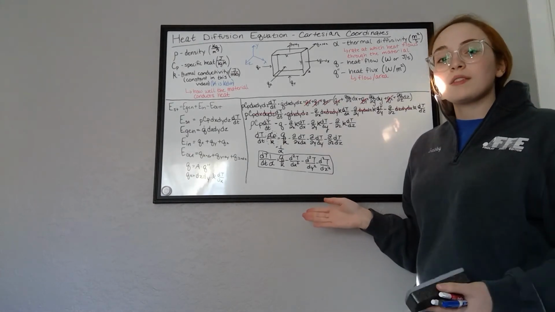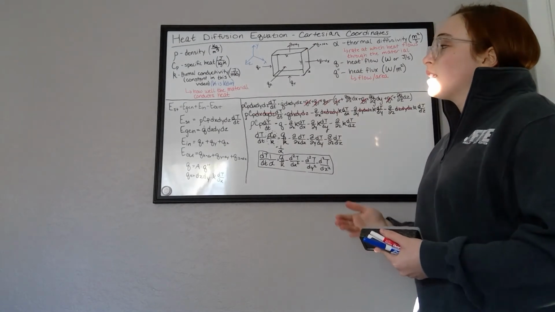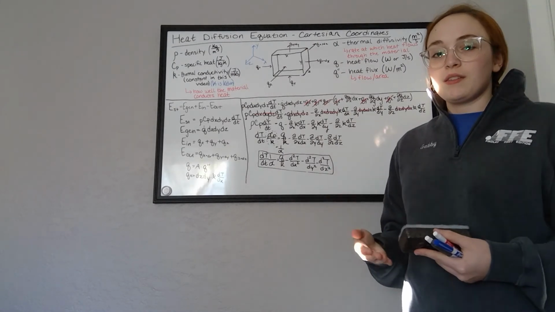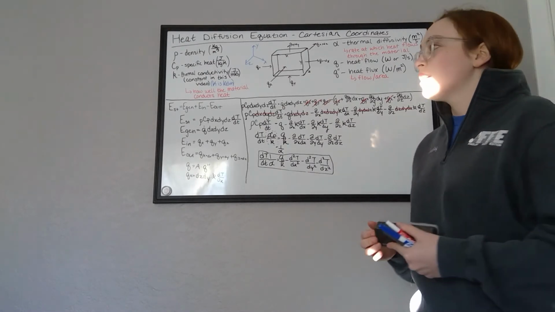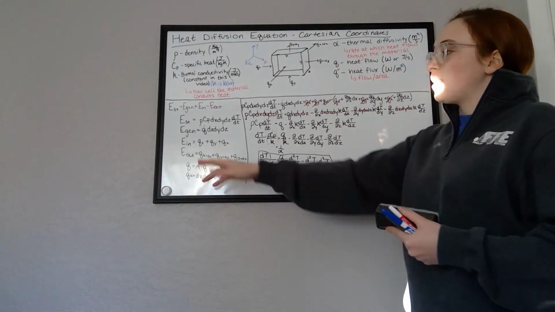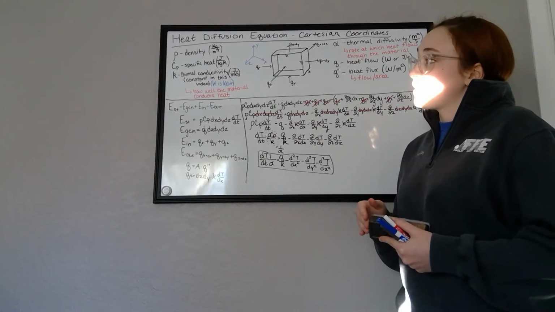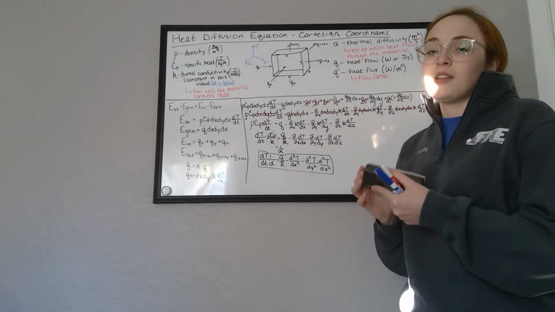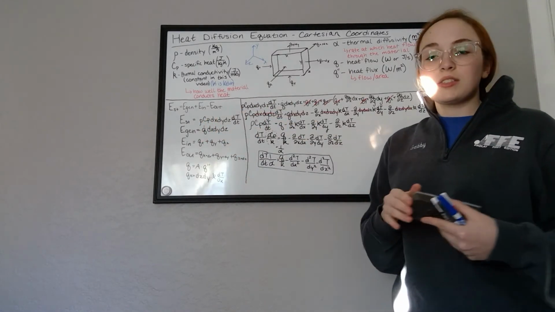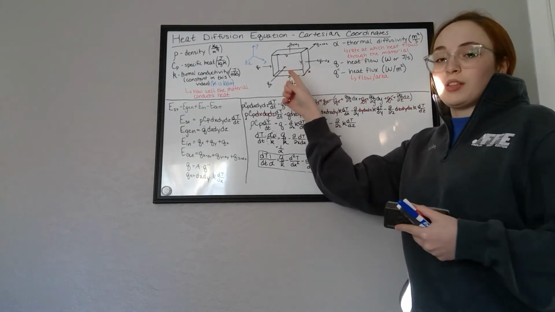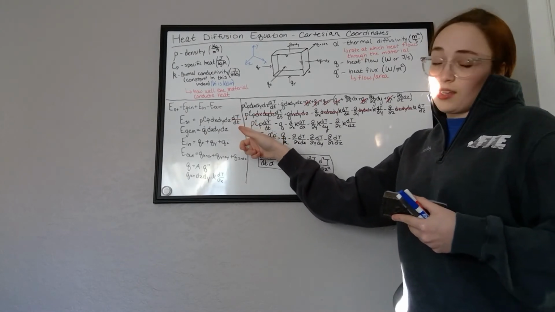Now that we have all the math done, I want to do a quick conceptual of the heat diffusion equation. The heat diffusion equation tells us how much energy it takes to raise a volume a Kelvin per time as a rate. So the density times the specific heat gives us the amount of energy it takes to raise a unit volume 1 Kelvin. Multiplying by the volume gives us the amount of energy it takes to raise the volume a unit Kelvin. And multiplying it by the change in temperature with change in time gives us this as a rate,